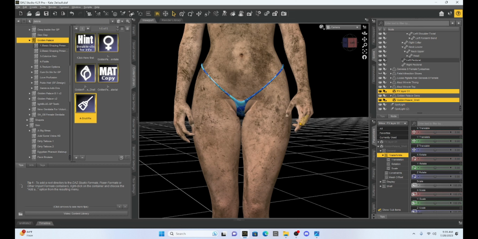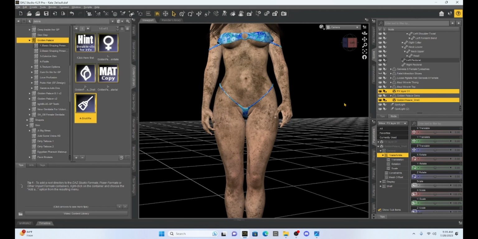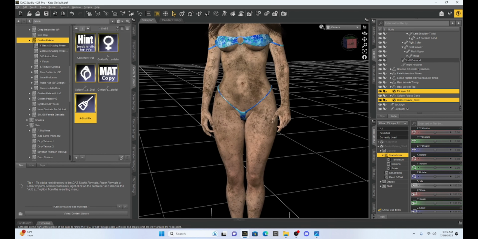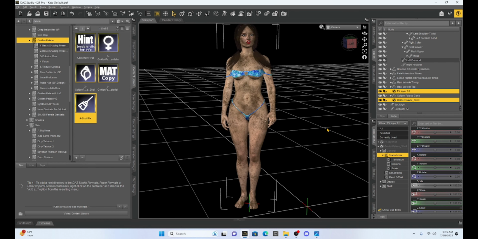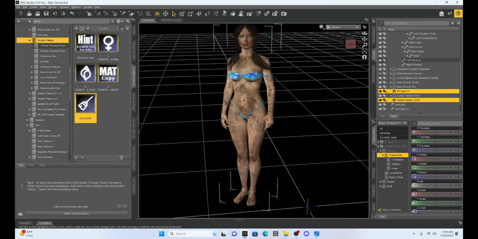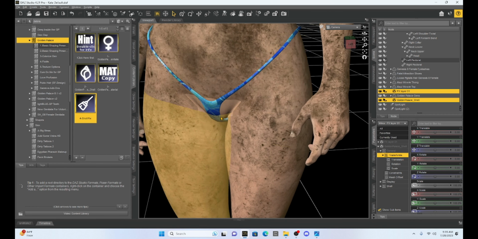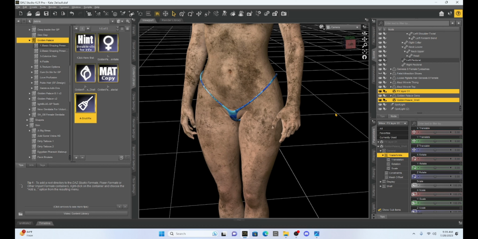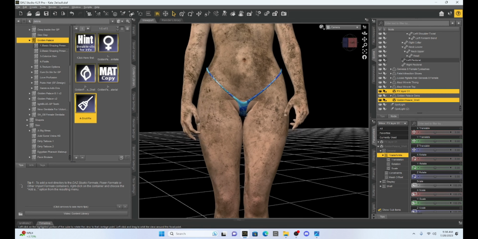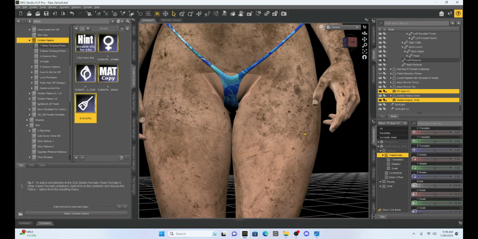Now what that's done is it's blended the two shells together, I suppose, so that they are compatible. The problem that we have is that all of Milica's body is dirty, but her genitalia area is clean. And so we've got to figure out how to make it dirty as well. What we have to do is a set of steps, and we can fix this clean area of her